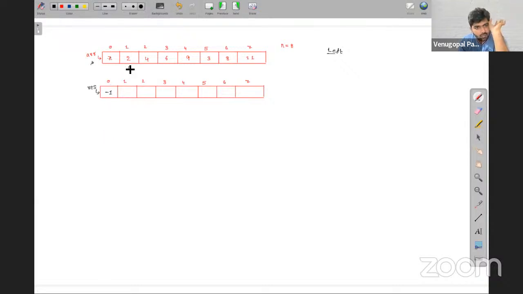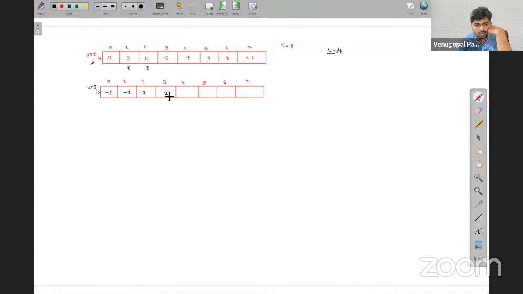Now think and tell me what is the output for this element. -1. Very good. Why? On the left side, one element is there, and that element is not small. If that is not small, we will take -1. Next element will be 4. Now for this, please start typing. Okay, 2. Next element, 6.